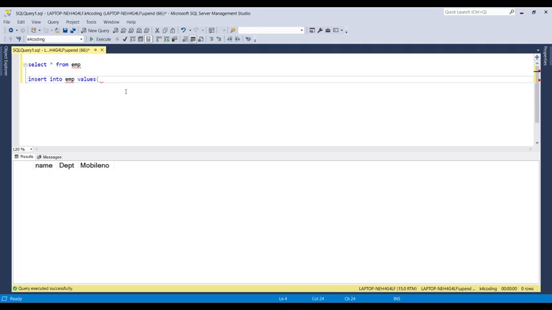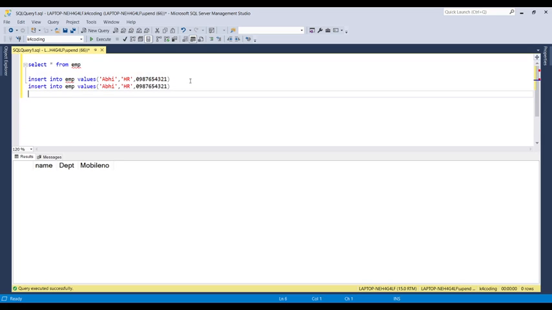If my data type is varchar, you have to pass the value in single quotes, which denotes a varchar variable. If your value is numeric, you can pass the numeric value directly. In our case, we have a bigint mobile number, so we directly pass 987654321, which is a random number. We are going to insert 3 or 4 records, making a replica of this copy and just changing the name and mobile number.